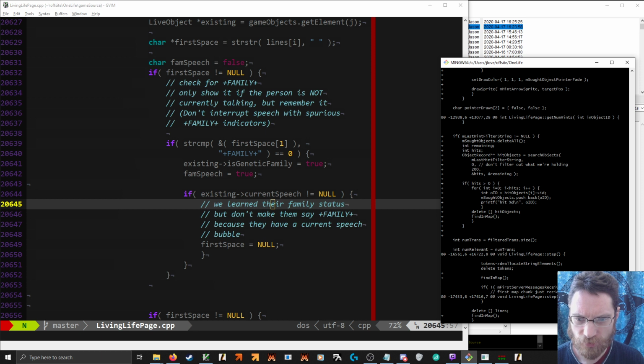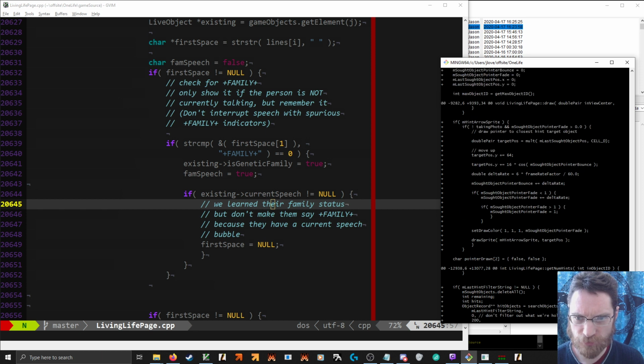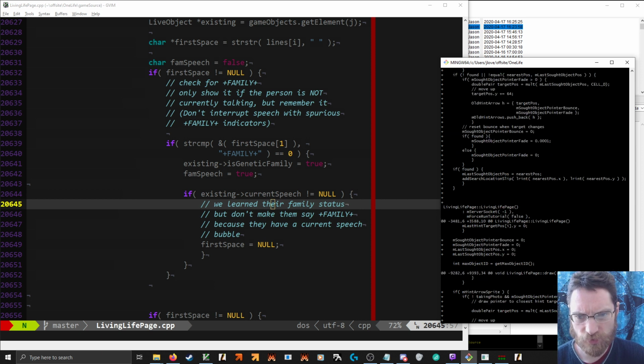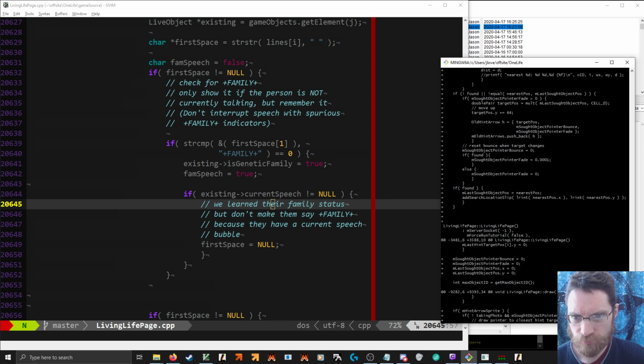Hit objects, sought objects. The find and map is going to do the work. Last sought object pause. But if we only do one sought object location slip,